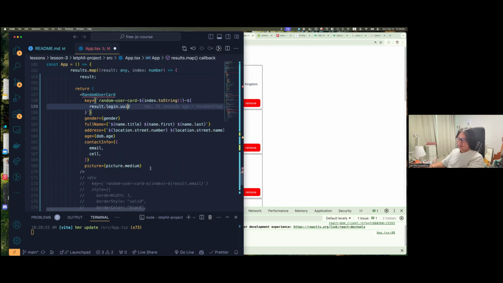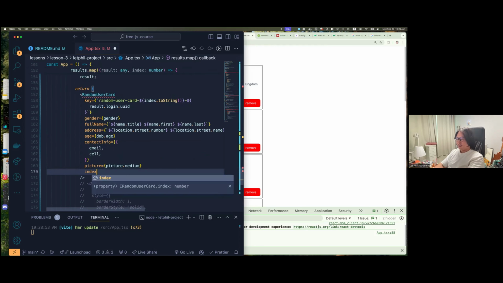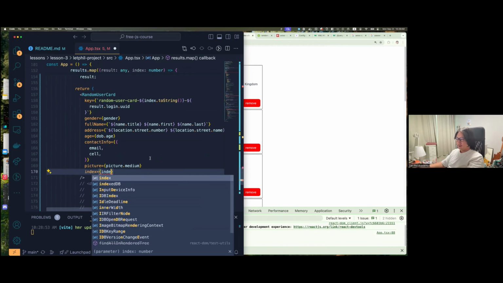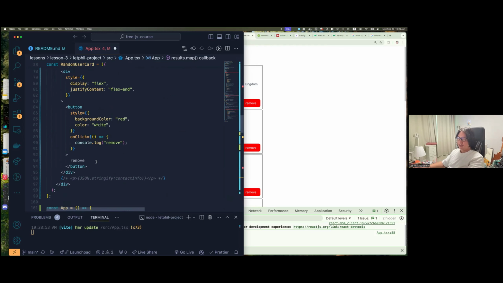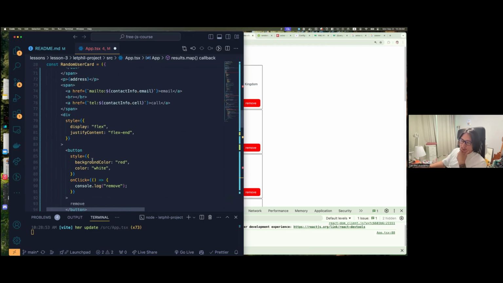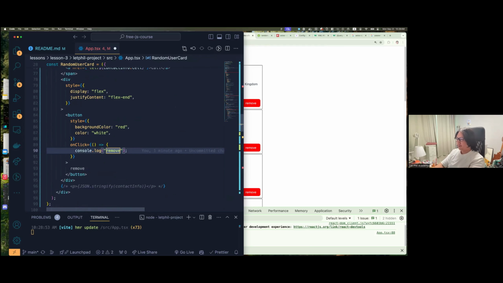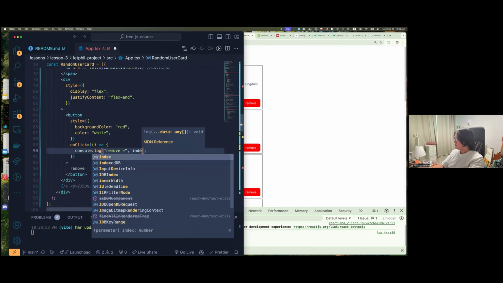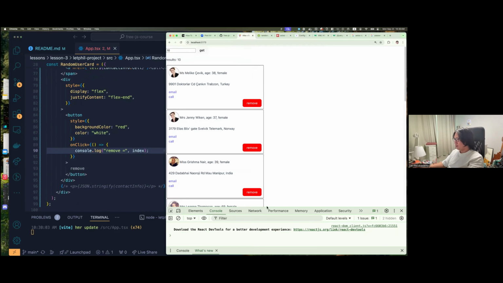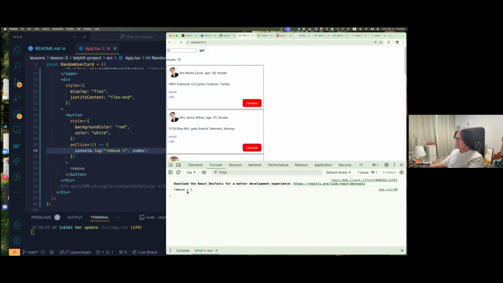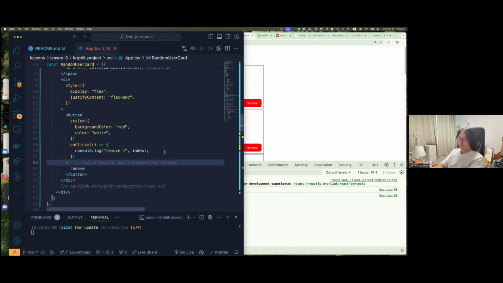And index can be passed here. And now we have access to index. You're right. All right, so now we press this, it's index at 1, index at 0. So now we can just put our handler here. Usually you'd put it in a different function, but here we can do